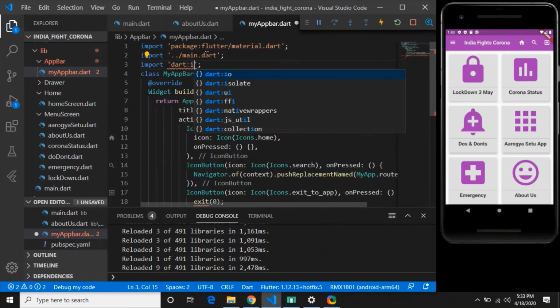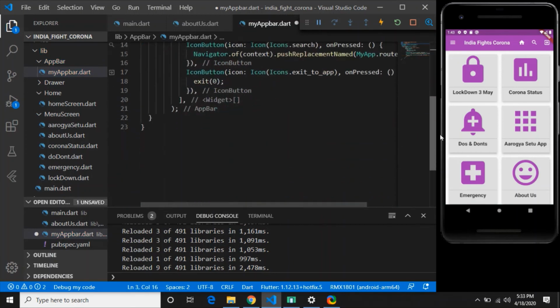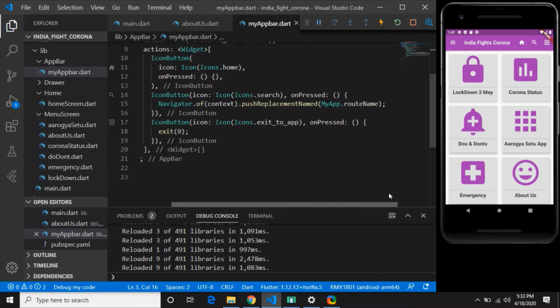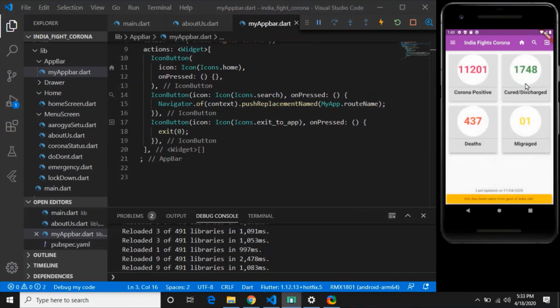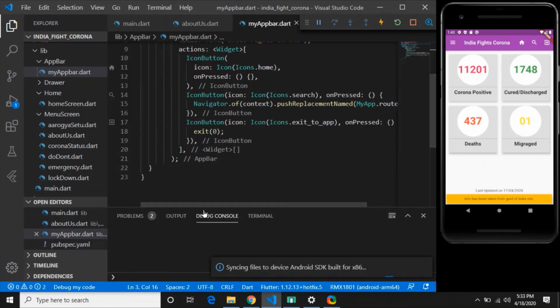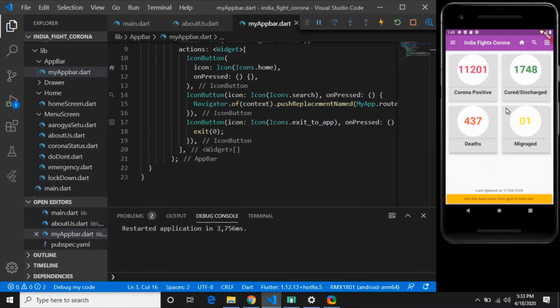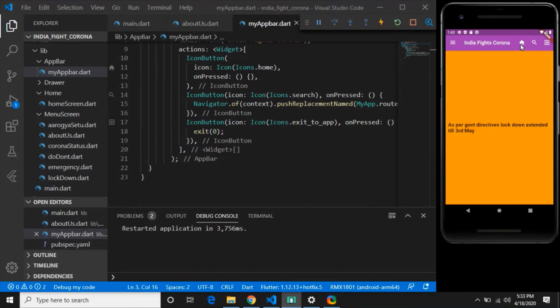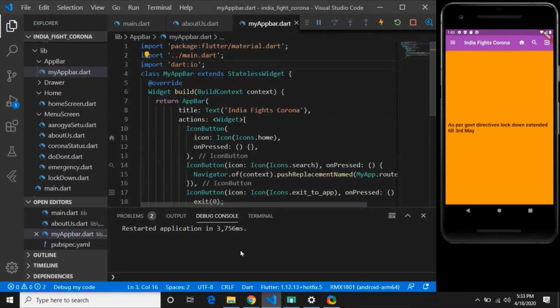If I go to corona status, if I press home, let's restart our app. Let's see what's the problem. So if I go to corona status and if I press home, it's not giving any error, and it's not giving us any result. Let's quickly see what's the problem. So static const route name is slash base, and we added the route, and in the my app bar